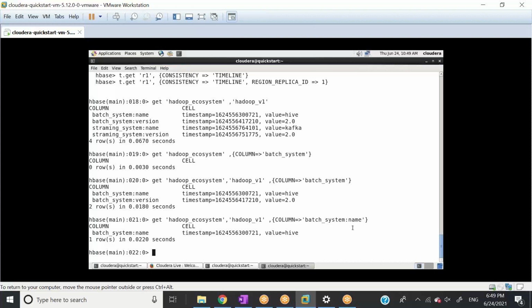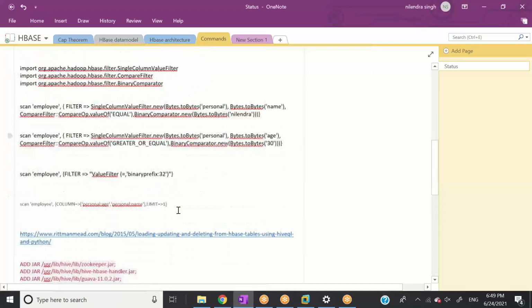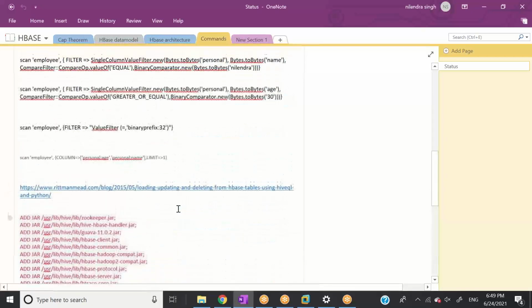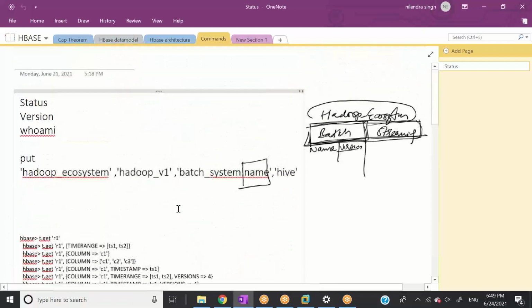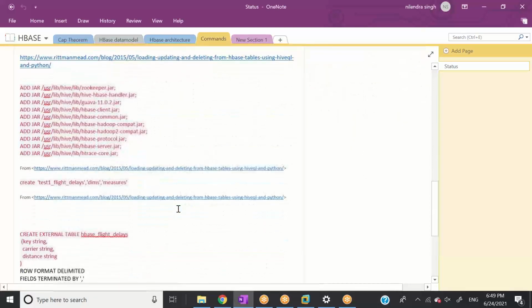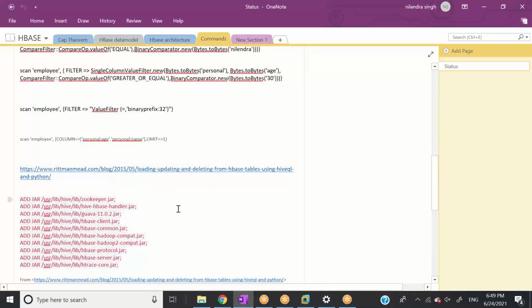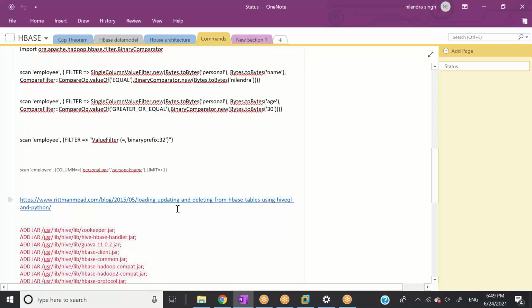So this is good here, and one more thing I need to cover. Let's say you want to select two columns at the same time.